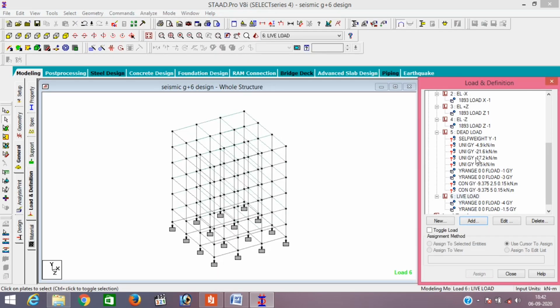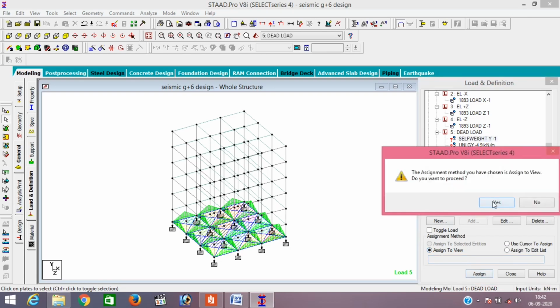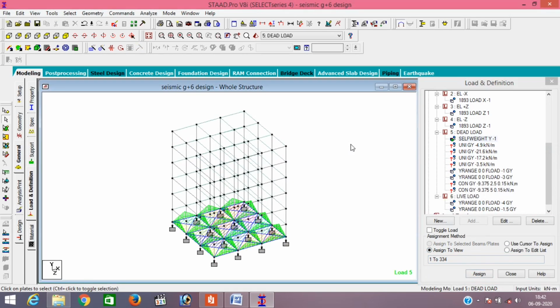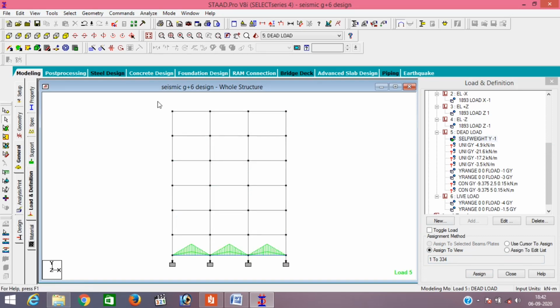Okay, and close it. Then after selecting this, just select the whole portion, assign to view. So it is done for the whole structure.